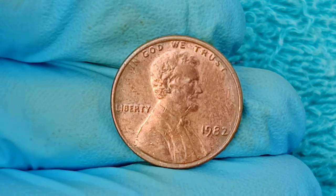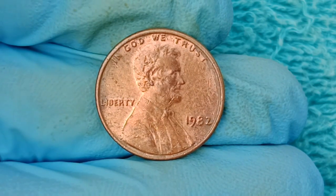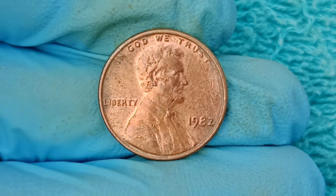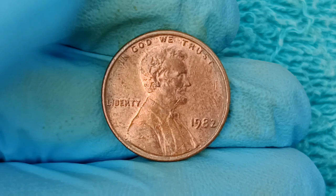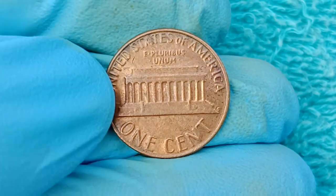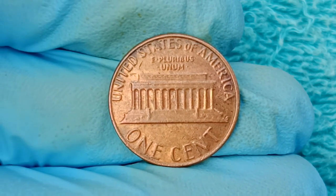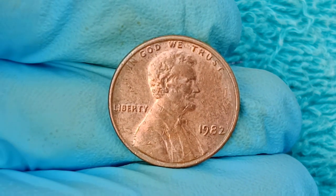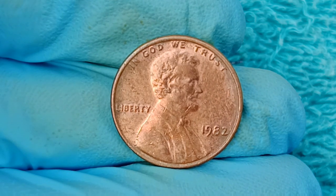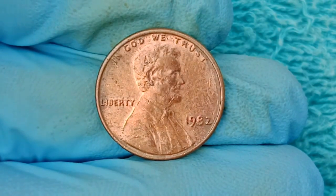And this mismatch of die and planchet is just the beginning, because the coin also exhibits doubling on the obverse, especially in the word liberty and the date, pointing to a double die error during the striking process, which adds another layer of uniqueness and value. And under magnification, experts have also observed that the reverse of the coin, featuring the Lincoln Memorial, contains signs of die deterioration, showing ghost-like outlines around the columns and an uneven base, further proving that the coin was struck under compromised conditions. At a time when the mint was overwhelmed with managing both old and new materials,